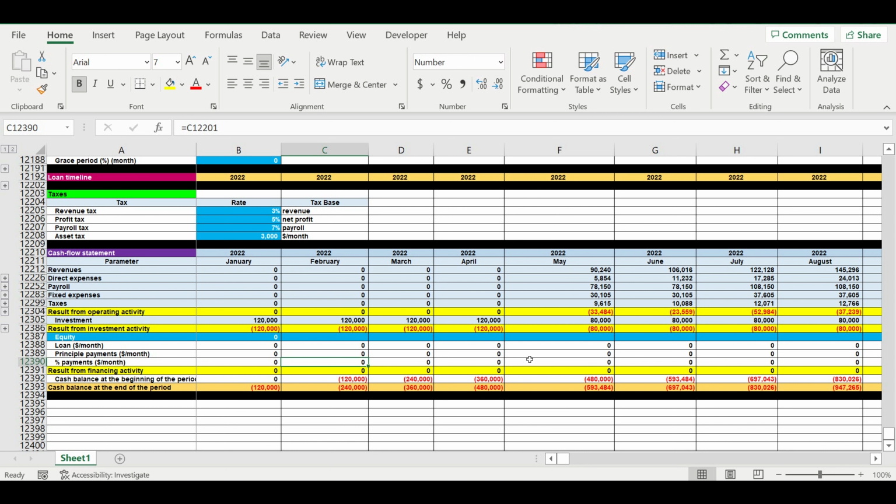Today we'll continue creation of financial model of a subscription project, and today we'll be talking about financing of your